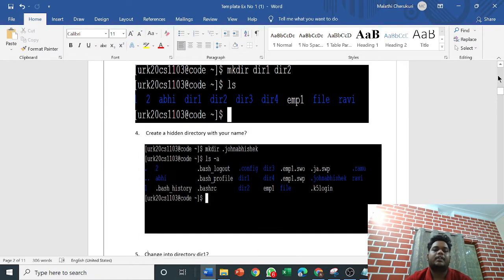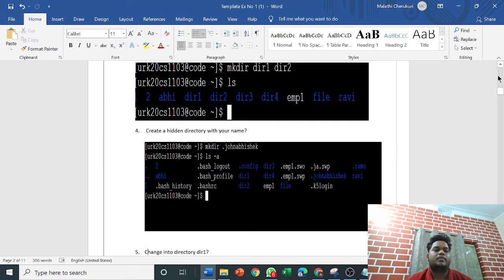Next, creating a hidden directory. For creating a hidden directory, we need to create a name and add a dot before that name, so that it will be hidden. This is basically called a hidden file.